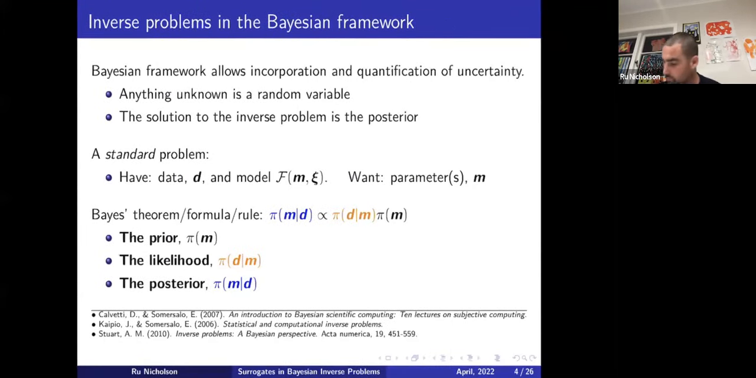Okay, so a quick recap of the Bayesian framework for handling inverse problems. As I've just alluded to, anything that's unknown is treated as a random variable in the Bayesian framework. So for PDE style models, it could be boundary conditions, it could be the shape of the domain, which we'll get onto shortly. But essentially anything that's unknown is treated as a random variable, and then the solution to the inverse problem is the posterior